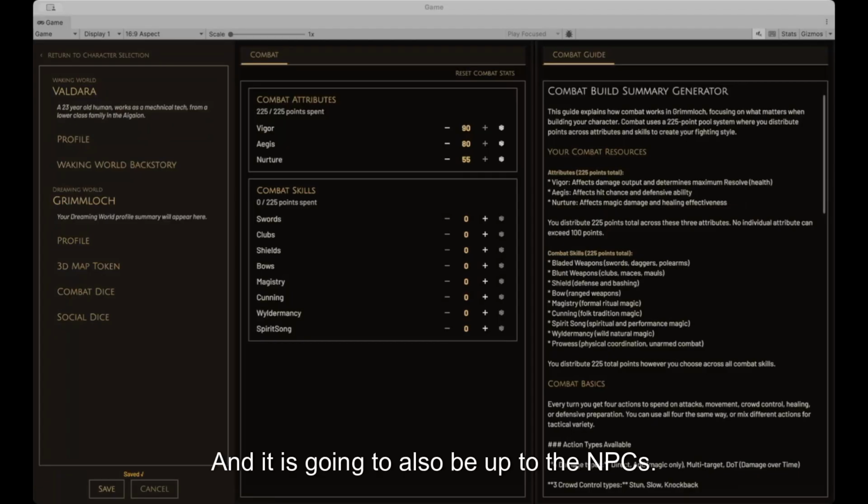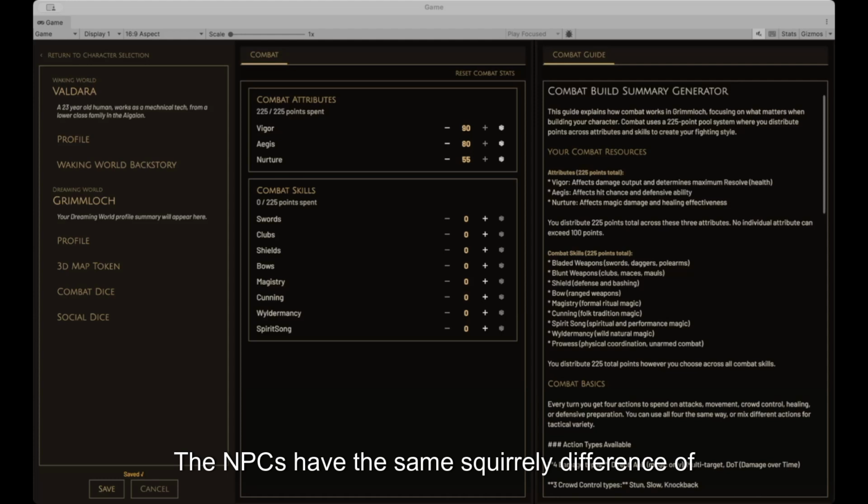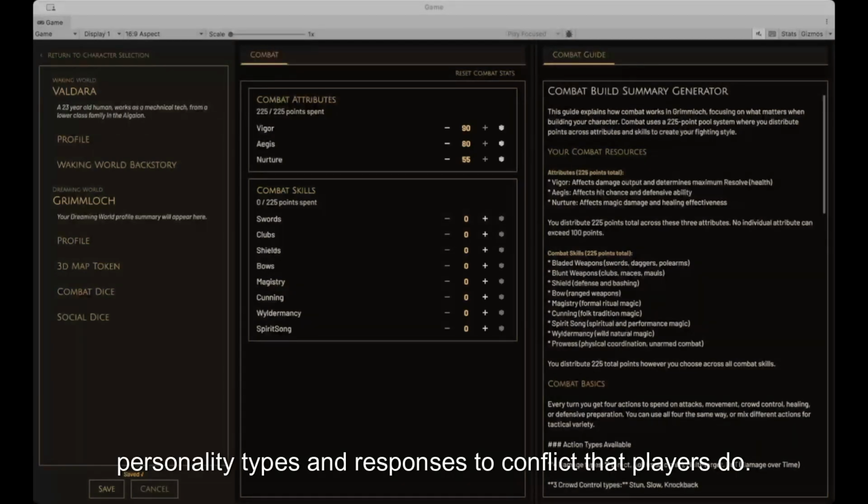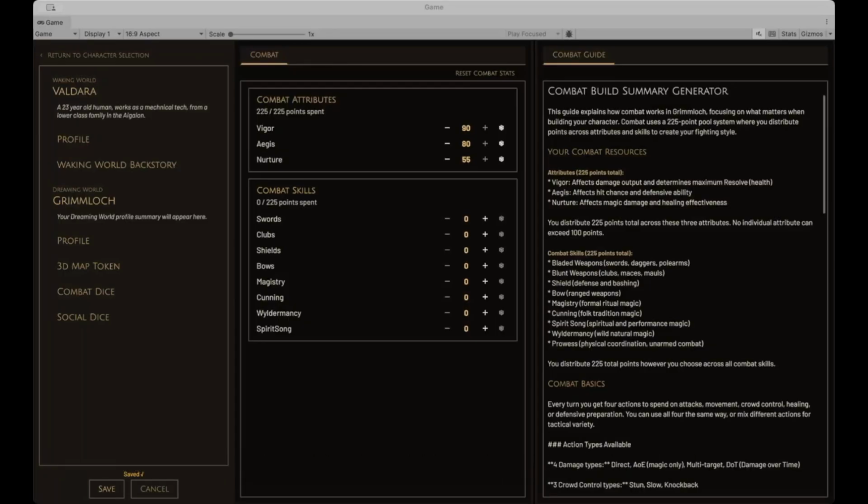And it is going to also be up to the NPCs. You may intimidate a troll, and his solution to being intimidated is to attack. The NPCs have the same squirrely differences of personality types and responses to conflict that players do.